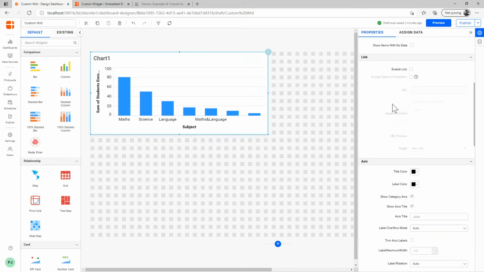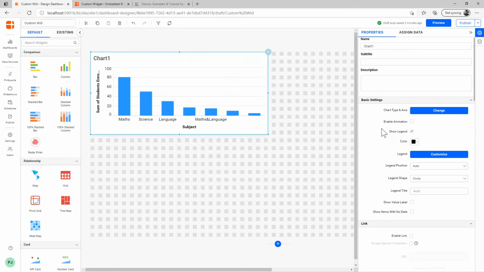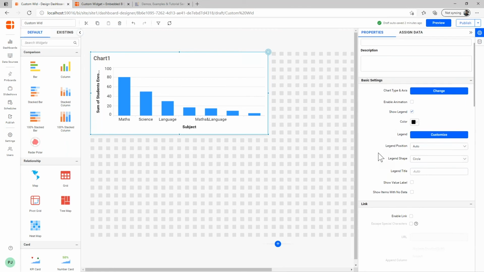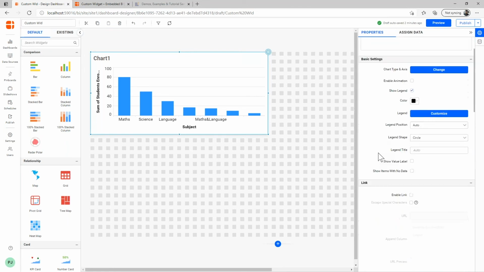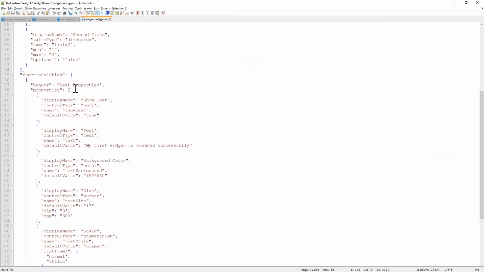These are related to the container that we have within which the widget is going to be added. So all other properties, like whatever you see here, basic settings, linking, access, those kinds of properties need to be configured by you. So going back to the manifest file, as I said before, we provide 5 different types of control for our users to create their own